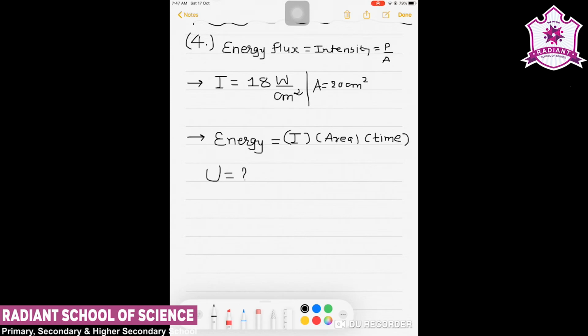So they have also given us the time t, 30 minutes, that can be converted into seconds, that is